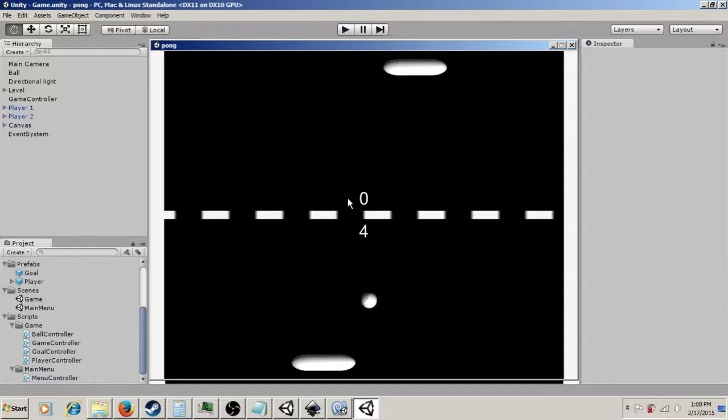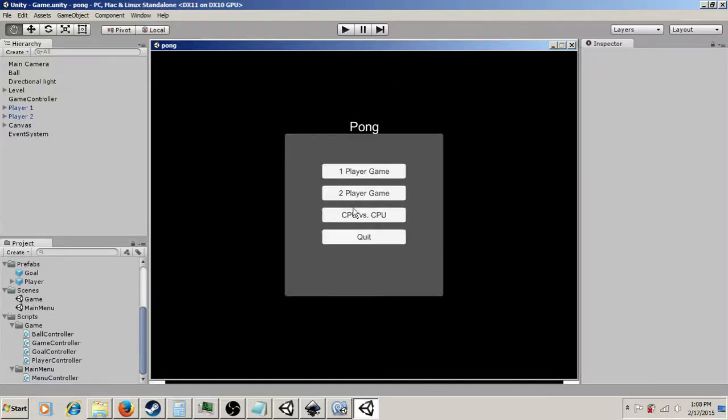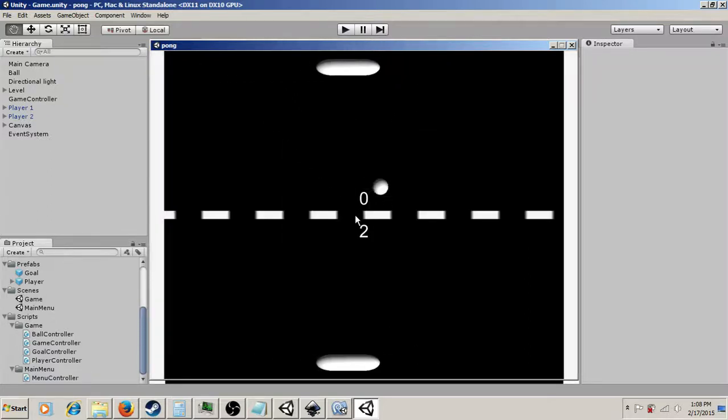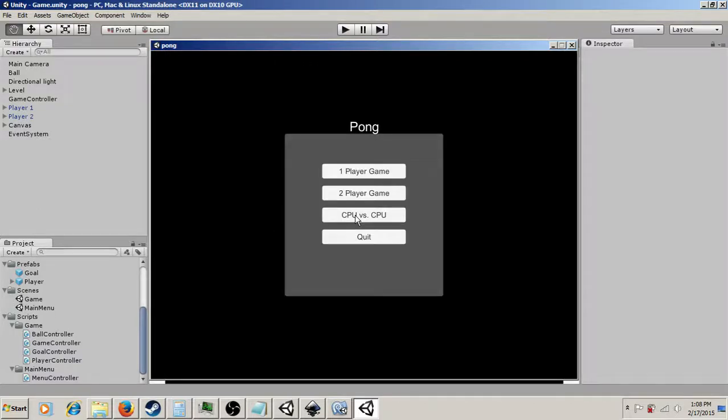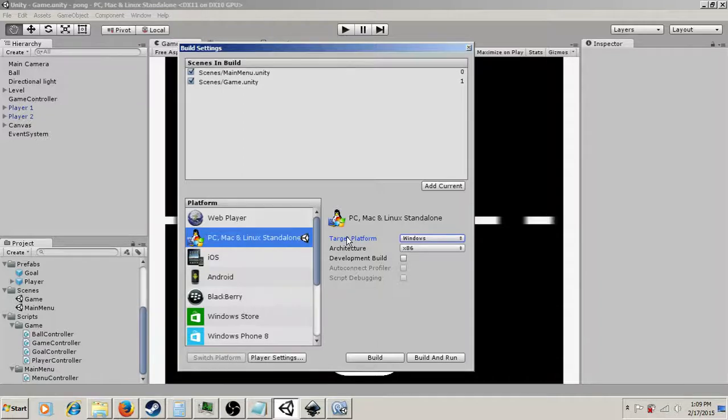And of course we have player 2 here. And then CPU versus CPU works as well. More importantly, does our quit button work? And indeed it does. So now I want to talk a little bit about